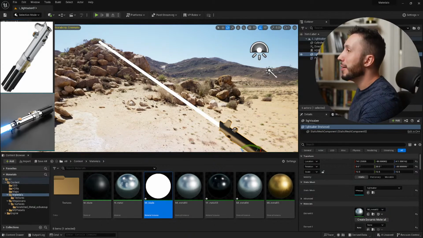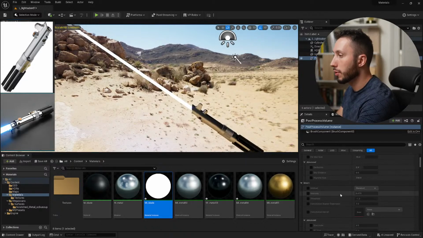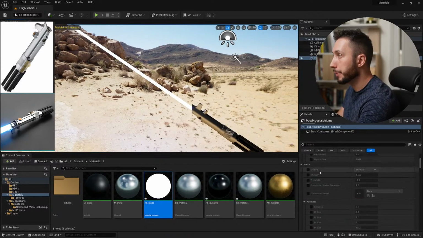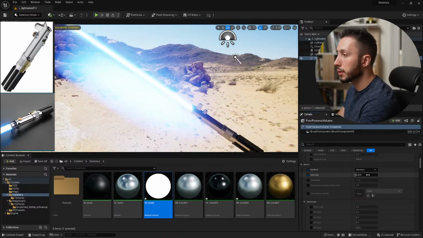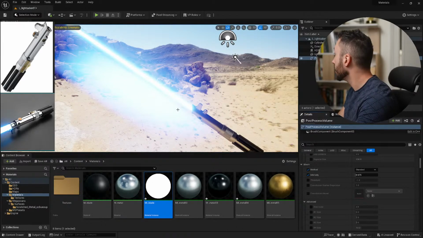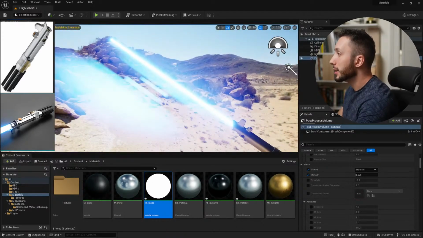So I'm going to open up my post-processing volume, and I'm going to scroll down to bloom here, and I'm going to switch it on, and I'm going to switch on intensity, and right away we're seeing a lot more of a lightsaber look